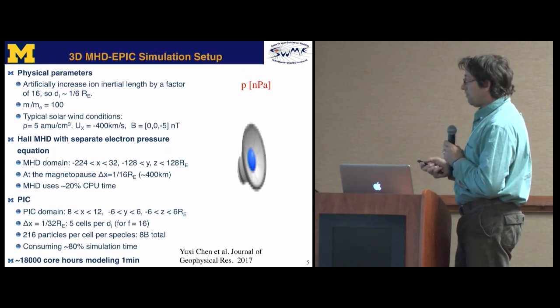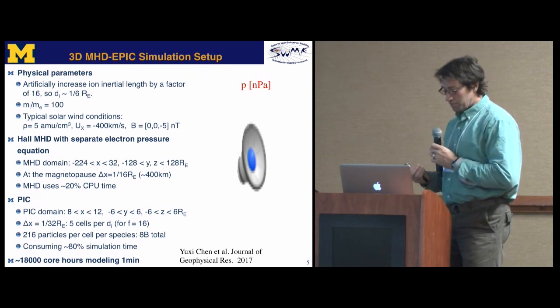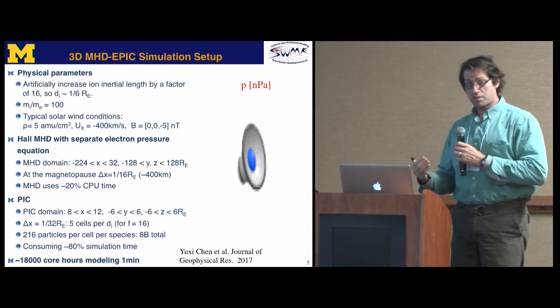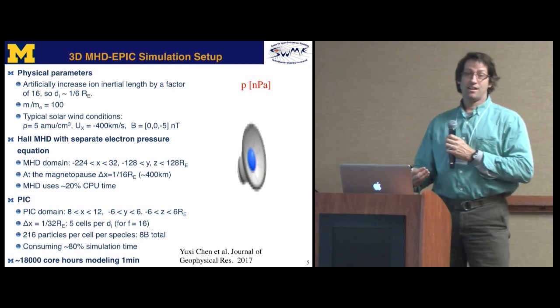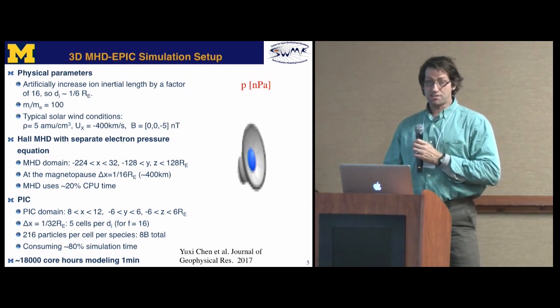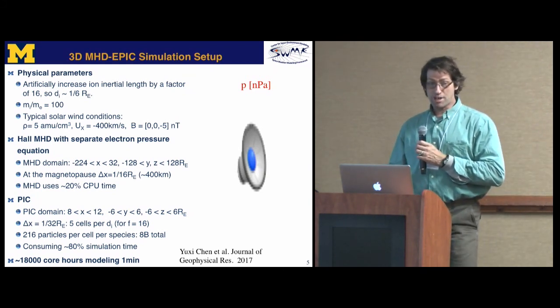And this is going to be shown in a small box, and this is going to be on the front side of the Earth where the solar wind is impacting the magnetosphere, causing reconnection to occur between the solar wind magnetic field and the